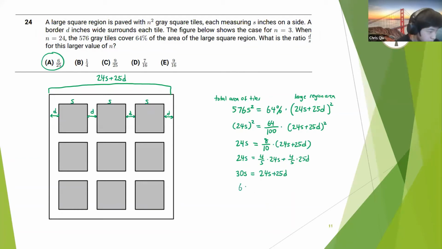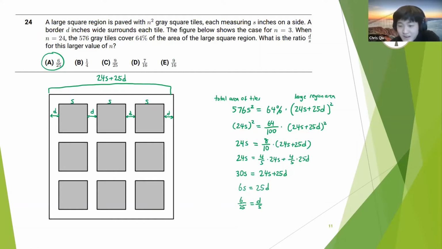And now we can move 24s to the other side to get 6s equals 25d. And then when we divide both sides by 25s, we're left with 6/25 is equal to d over s. And so 6/25 is the final answer. Yeah,